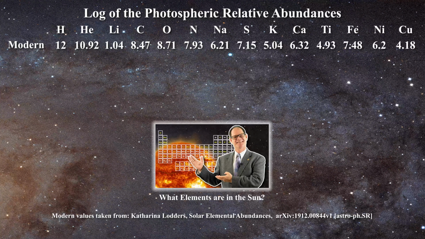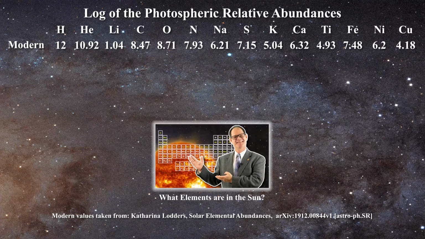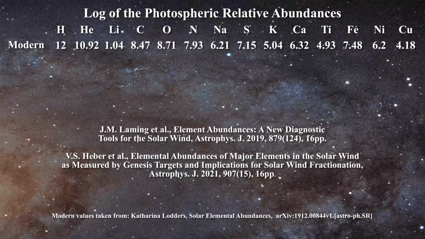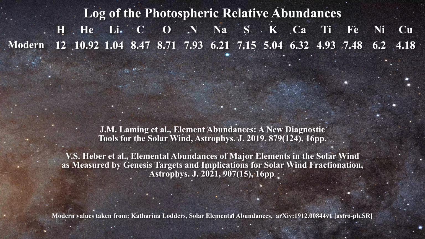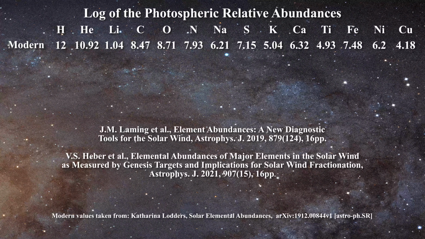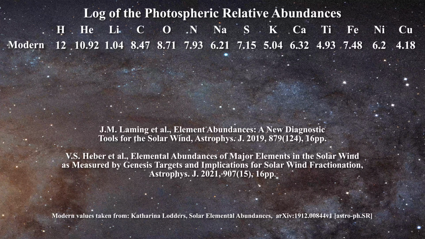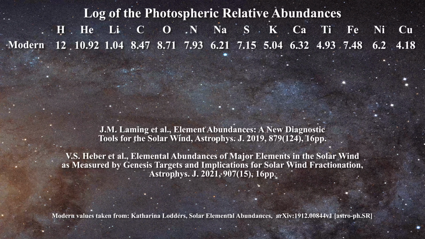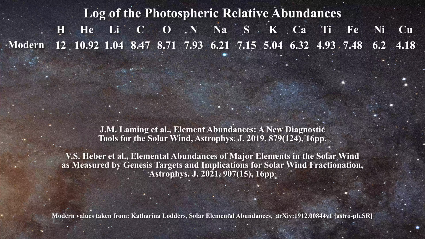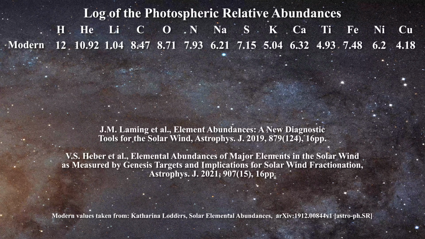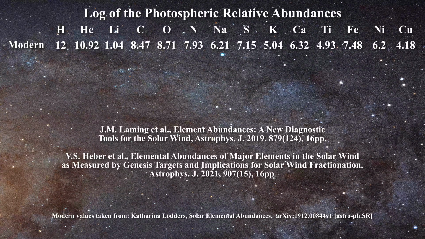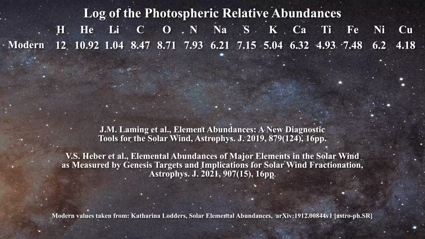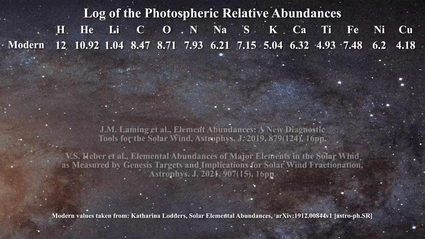In determining relative abundances, we can also have recourse to the solar wind, as can be gathered in these two papers. Unfortunately, not all elements are equally likely to be present in the solar wind. Some may be preferentially retained or expelled by the Sun. This makes all determinations of solar abundances from solar wind measurements of limited value. They do tell us something about the solar wind, but are simply not relevant to what is happening in the photosphere or within the Sun itself.